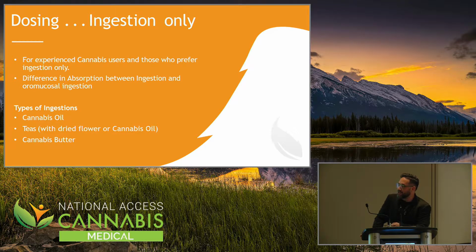And types of ingestion: you have cannabis oil, then you have teas. People like to make teas, especially my elderly population, they love drinking tea. So you can go online, or go to the website, and eventually there will be videos showing you how to make a tea using cannabis. One of the easiest ways is you take dried cannabis and steep it in a fat, because we know that it's not water soluble, so you want it to combine with the fat, and then you can pour it into your tea and do whatever you want.